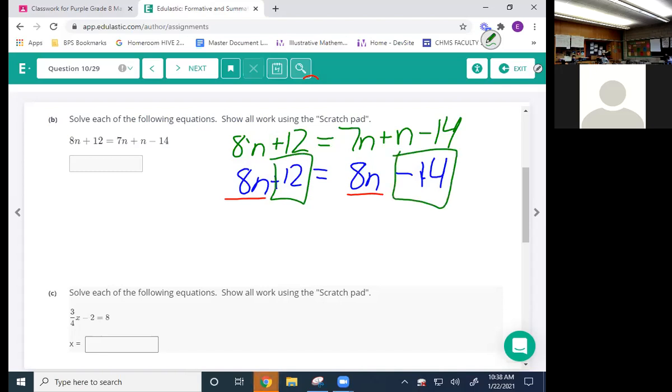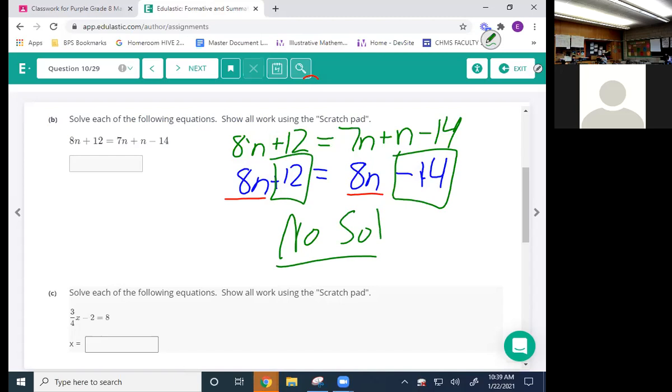I don't even need to do any work. What's my solution going to be? No solutions. On your midterm, there's going to be one of the solving ones that's going to have either infinitely many or no solutions. You need to be math detectives. You need to be critical math people because you need to look at these things before you start just going